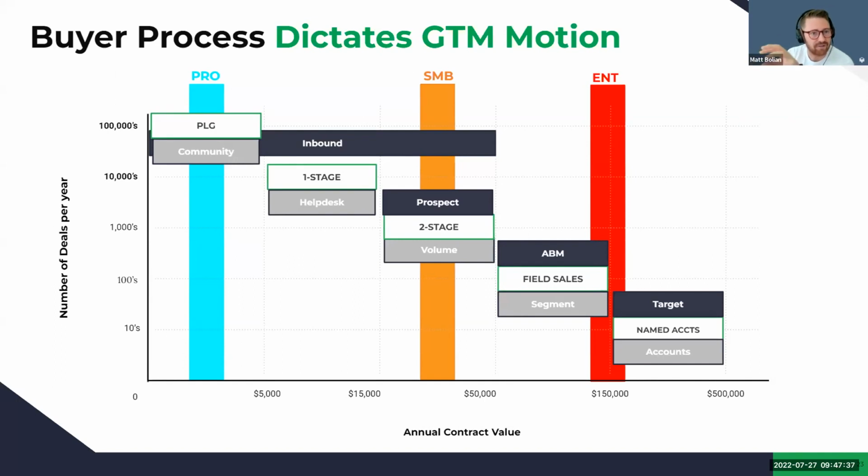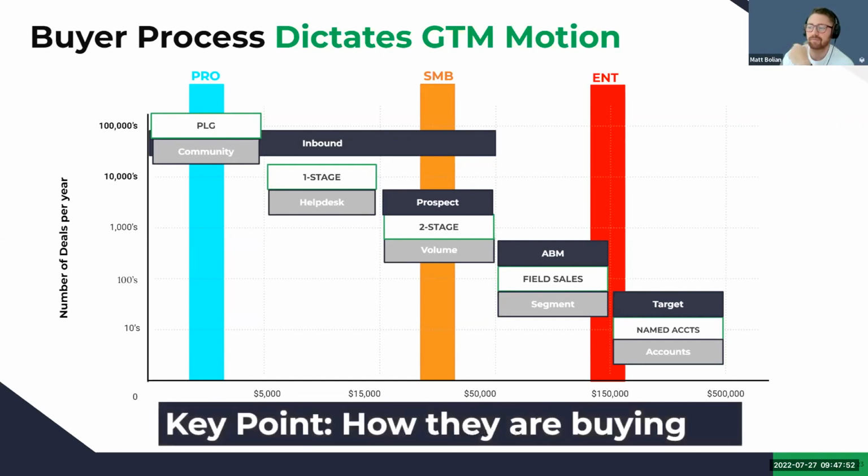So just remember this. It's a litmus test. How are the people I'm selling to buying? Look at your best customers, where you're most profitable. How are those people making decisions? Then orchestrate your go-to-market motions based on how they're making decisions. For emphasis on the bottom there, that's big.